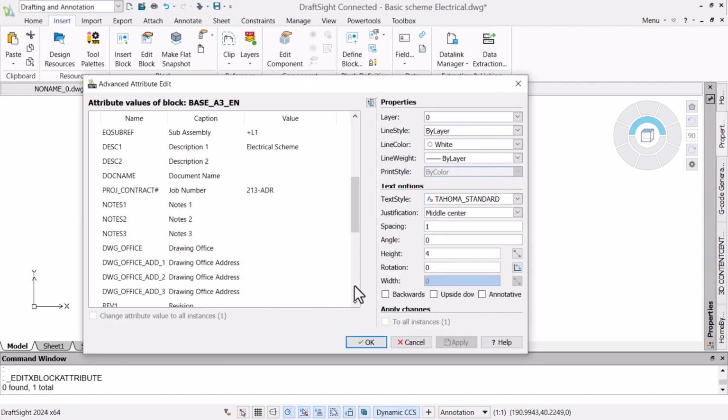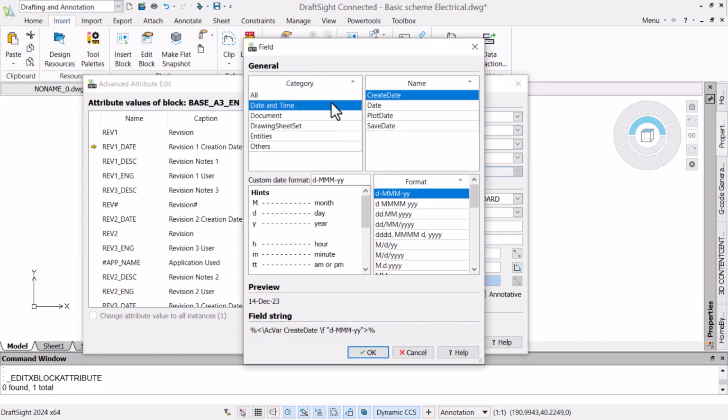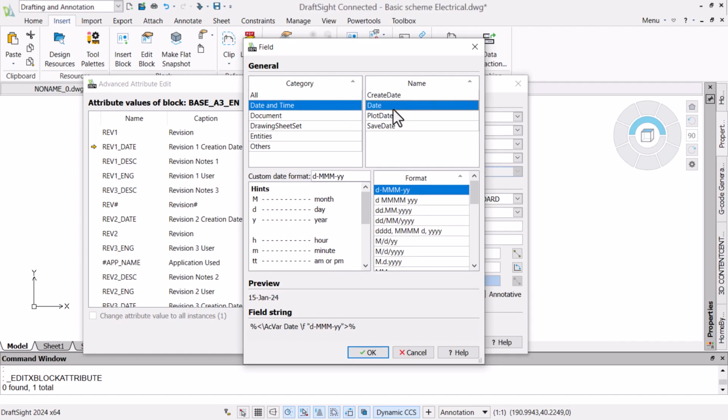We will apply a revision letter, then select the revision date field. Rather than enter a date manually, we will insert a field. We use fields in conjunction with attributes to create variable values. We want a date associated to this revision, so we will select a preferred format from those available and click